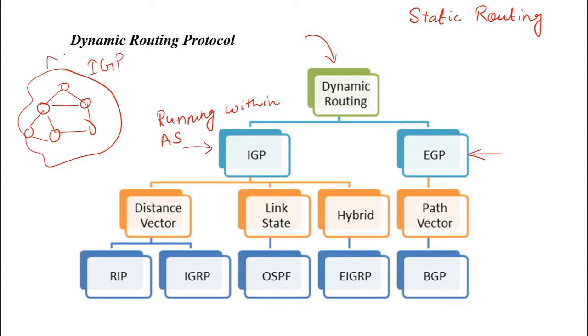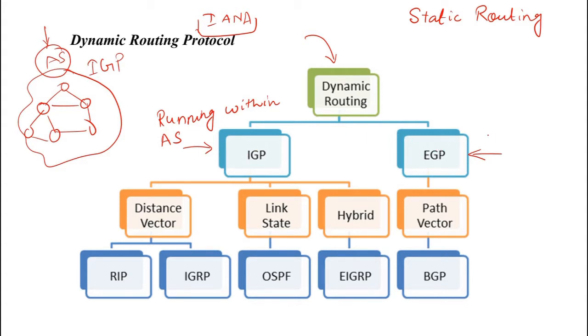But nowadays, sometimes a very large enterprise even purchases more than one AS number, because these public AS numbers are purchased from the internet authority, IANA. So we buy the IP addresses as well as the AS numbers from IANA for our use. So IGPs are basically within an autonomous system, or we can say within an enterprise.